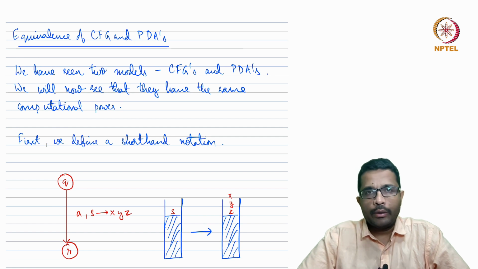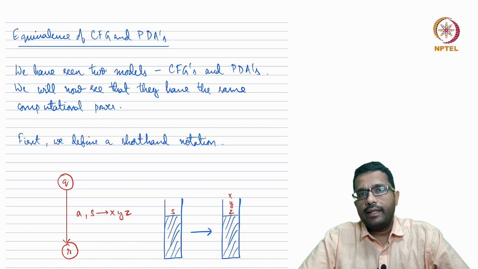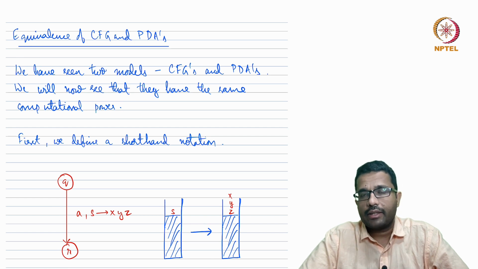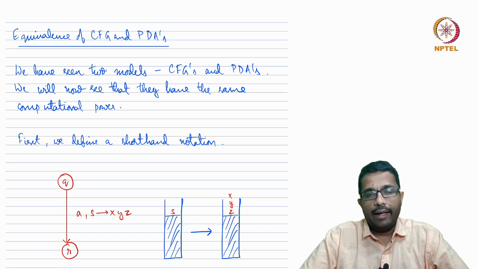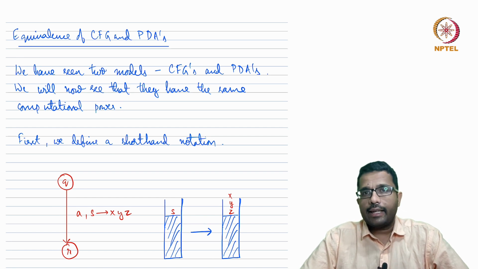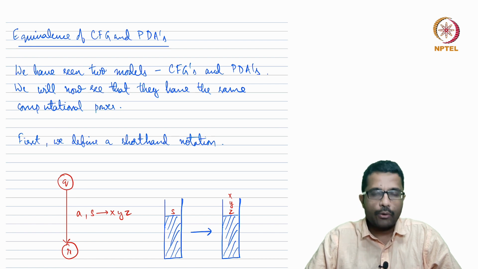Hello and welcome to lecture 22 of the course Theory of Computation. In the past weeks, we saw context-free grammars, and we saw that the languages that can be generated from context-free grammars are called context-free languages. And in the last couple of lectures, we had also seen another model of computation called push-down automata, right? During that time, I had perhaps remarked that these two models are equivalent, and now we are going to see the proof of their equivalence.